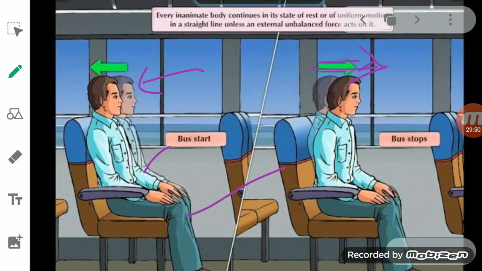The seat belts provided in the car are there so that if a fast running car stops suddenly due to some emergency or an accident, the passengers are not thrown forward, and the injury can be prevented. So the seat belt helps protect from the jerk and from injury also. So this is the inertia of motion.